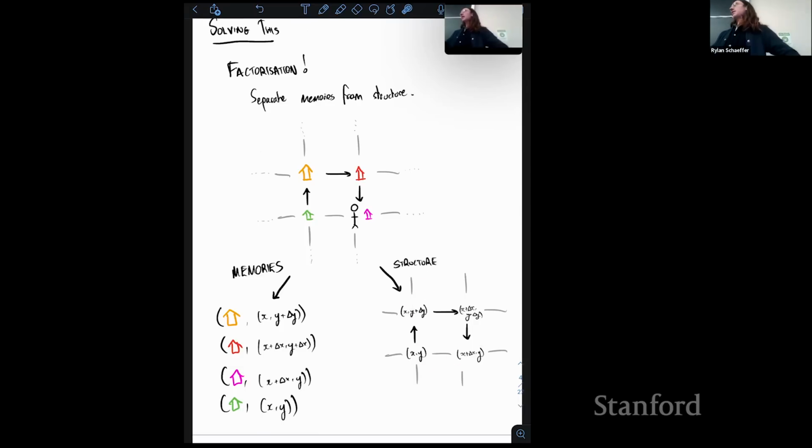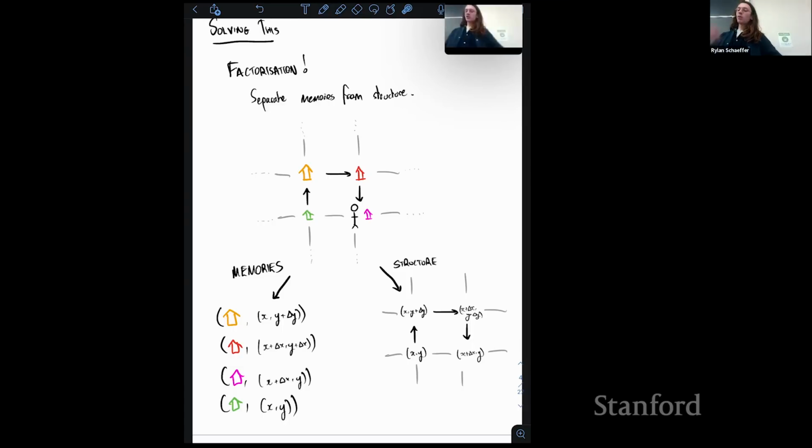And in a particular instance, in the environment that you're in, you need to be able to recall which objects are at which locations in the environment. So in this case, this position has an orange house, this position has red and pink. And so you have to bind those two. Whenever you realize that you're back in this position, recall that that is the observation you're going to see.